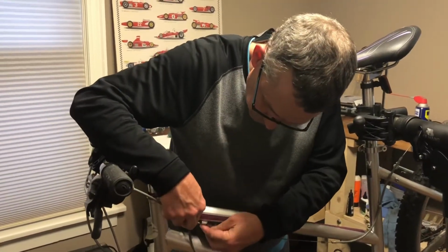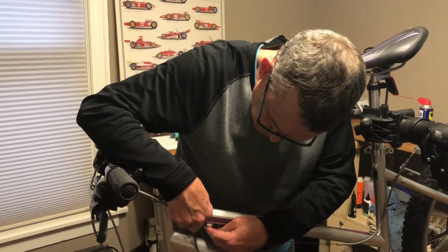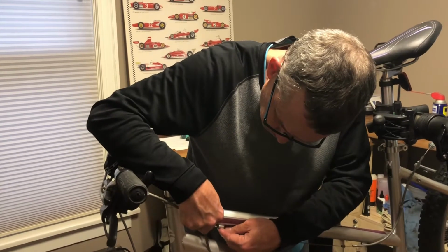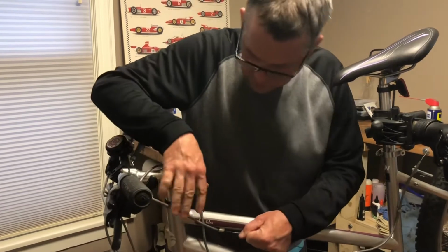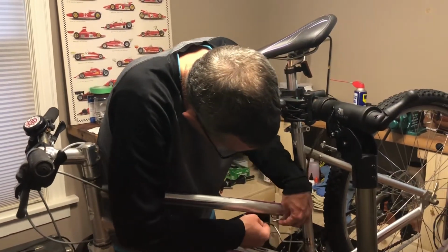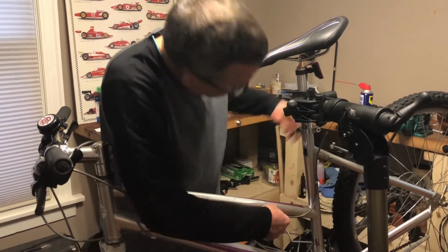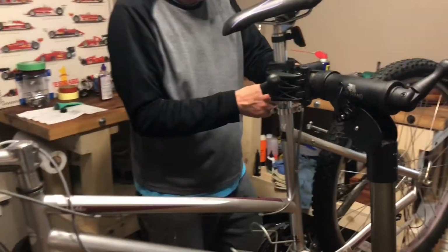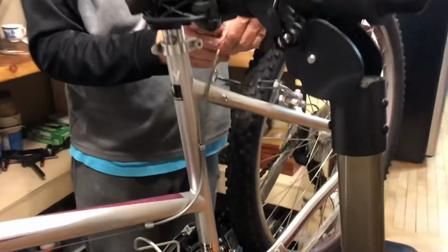So you can see right here where the cable, there's a slot for the cable to move inside the keeper. And there it is. And then the end of the housing seats down in there. Same with this one here. The slot for the cable. Housing seats down inside. Then we'll pull the cable through. And at that point, we're going to just slip it back into